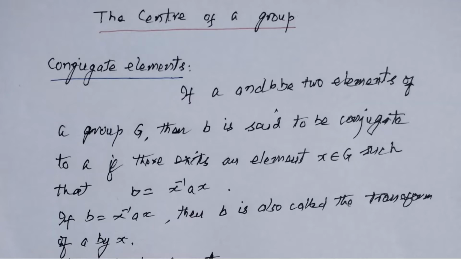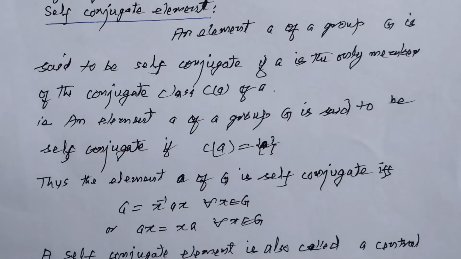First term, conjugate elements. If A and B are two elements of a group, then B is said to be conjugate to A if there exists an element X in G such that B equals X inverse AX. If B equals X inverse AX, then B is also called the transform of A by X. Thus,